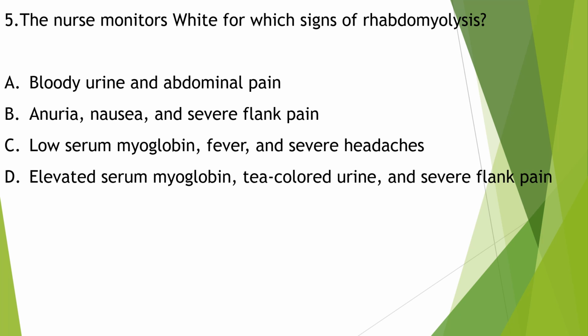Rhabdomyolysis occurs when there is excessive tissue ischemia caused by swelling and muscle cell compression. Myoglobin is released from the dead muscle cells and travels through the vascular system, eventually to the renal system, and becomes lodged in the nephrons, limiting the renal function. In addition to the increased myoglobin levels, the patient presents with dark tea-colored urine and flank pain. So the nurse needs to look for elevated serum myoglobin, dark tea-colored urine, and severe flank pain to rule out the signs of